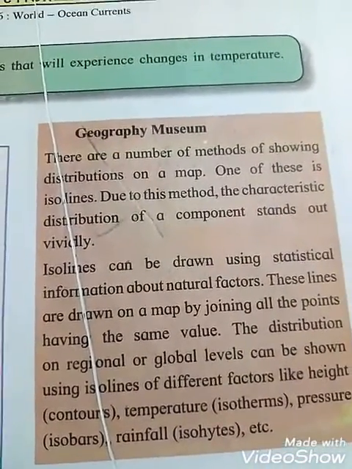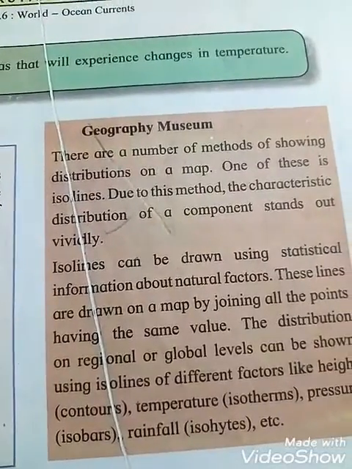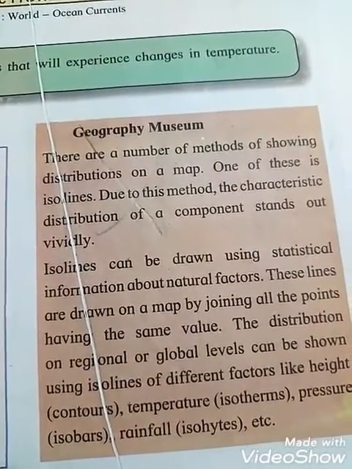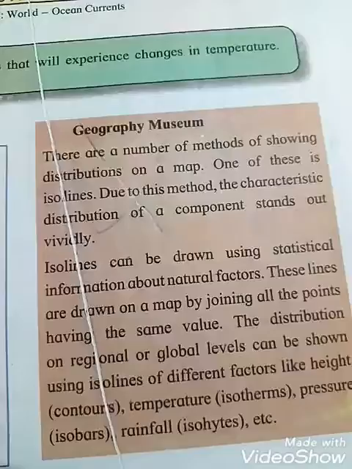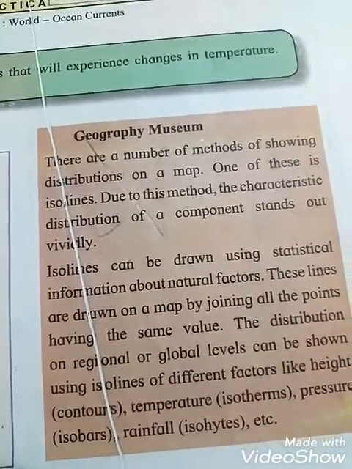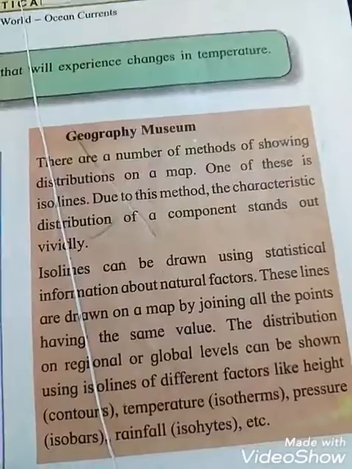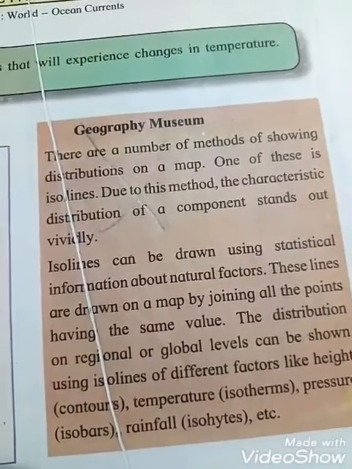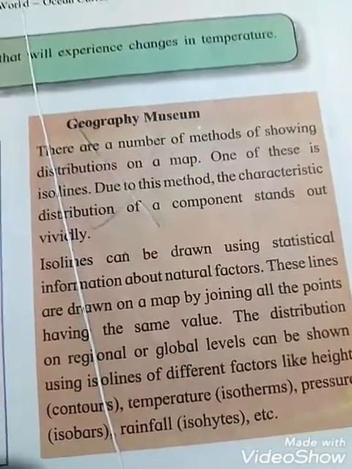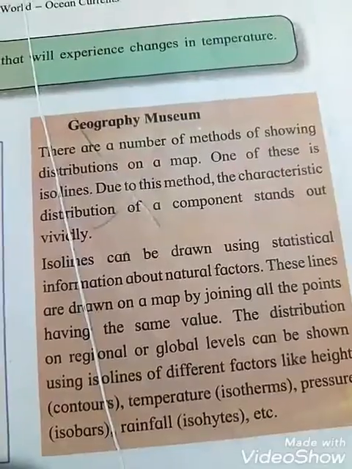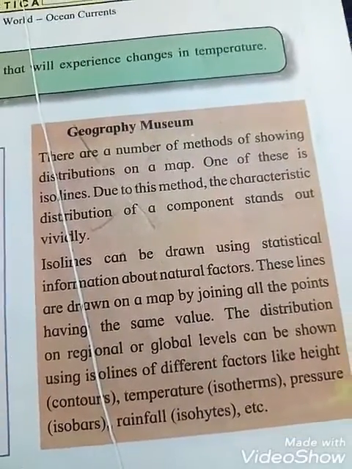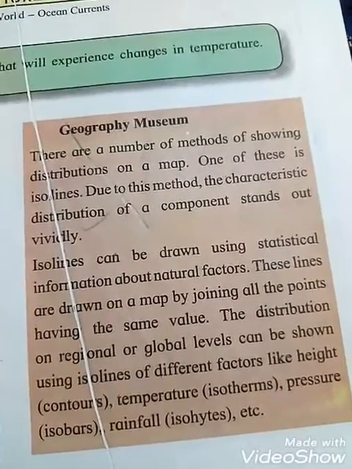The distributions on regional or global levels can be shown using isolines for different factors. For height, there are contours; for temperature, isotherms; for pressure, isobars; and for rainfall, isohyets. So there are different isolines for different purposes. Okay students,